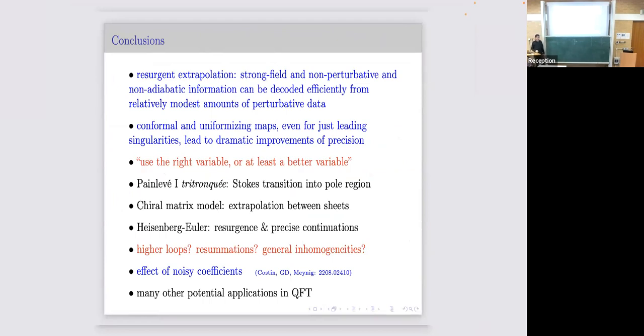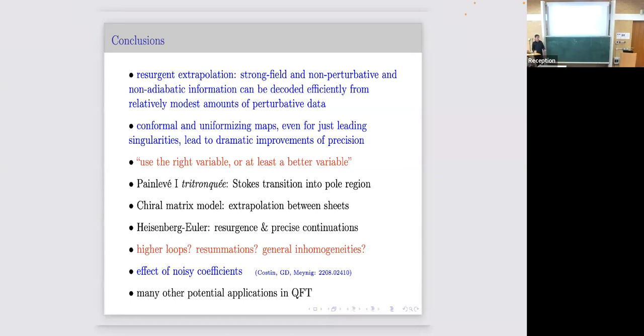So I hope I've given you some flavor of what you can gain in terms of ultra-precise analytic continuation and extrapolations using ideas from resurgence: that expansions around some regimes are related to expansions of other regimes, and the bridge between them is the Borel transform function. And the important thing about the Borel transform function is knowing the local behavior of the singularities. If you know the local behavior of the singularities to extreme precision, you get a better continuation back in the region.